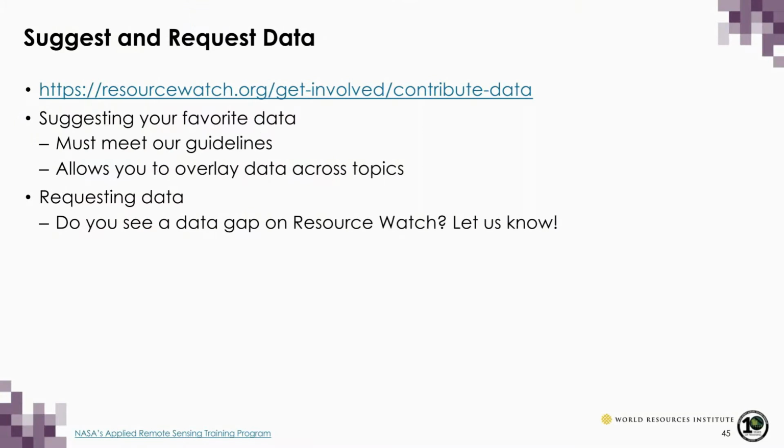To make things even more useful to you, we offer the option of sharing data that you use for your research regularly or that you have found really useful. You can use this link to tell us what data sets you love. If you suggest something to us, we can often get it on the site within 10 days if there's some sort of urgency to put it up. And also, if you see a data gap that you wish we had data for, you can let us know that too, and we'll go out and search for data to try and fill that gap.